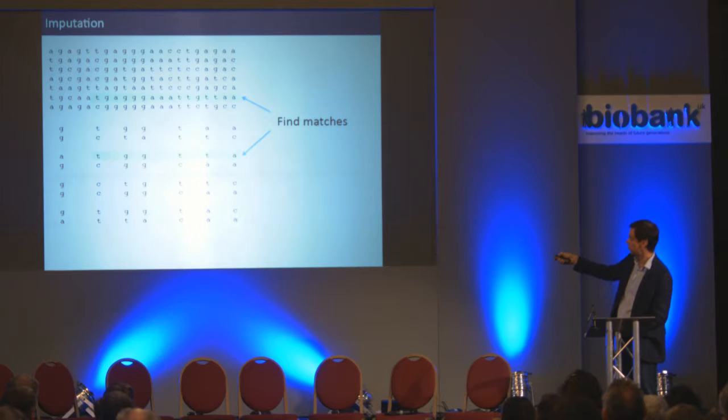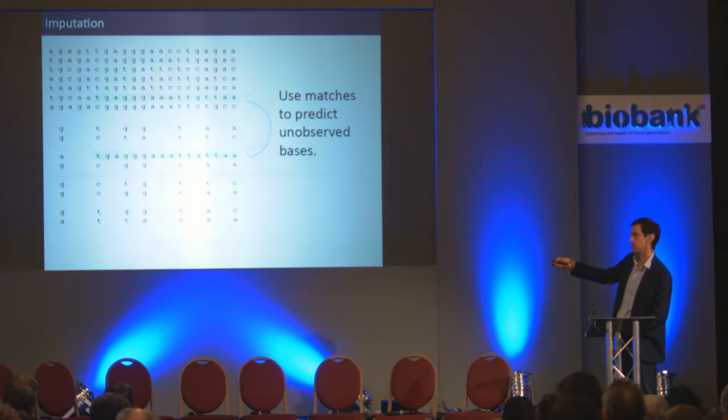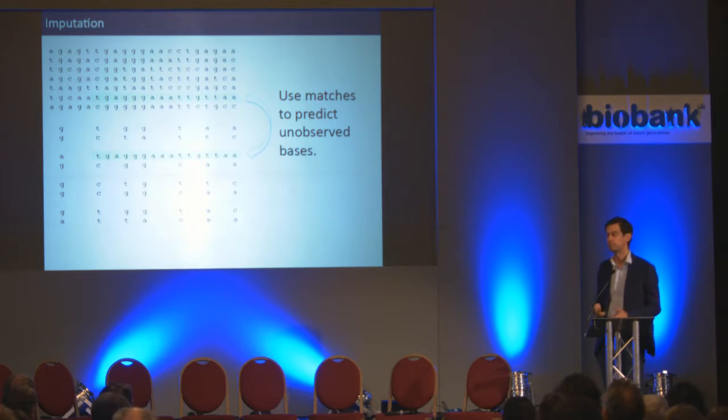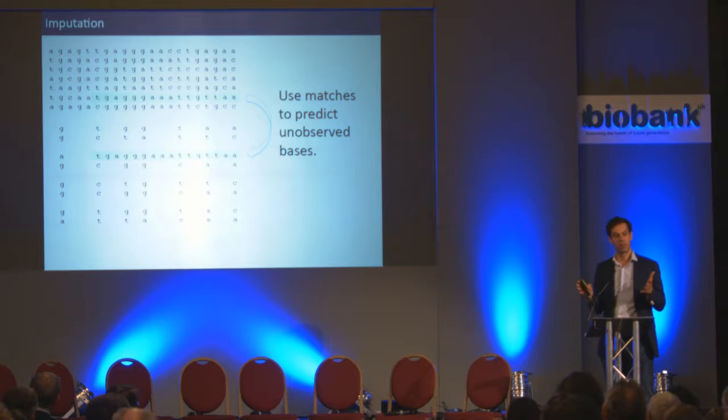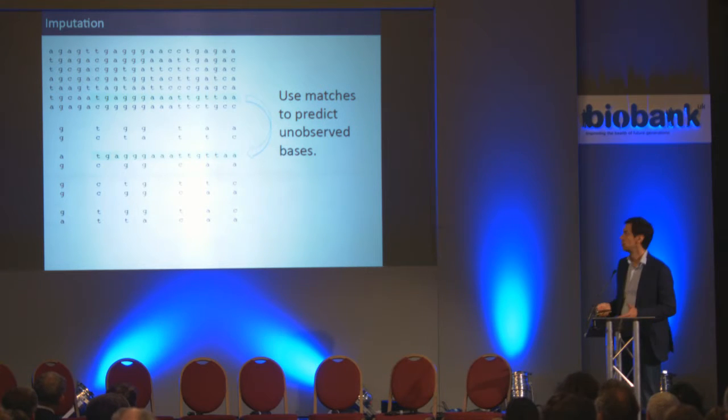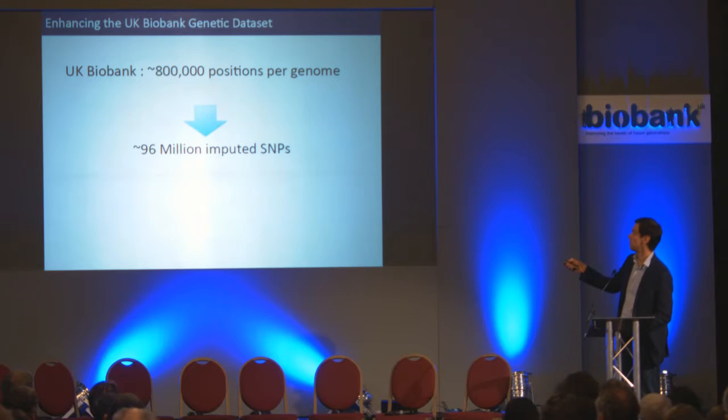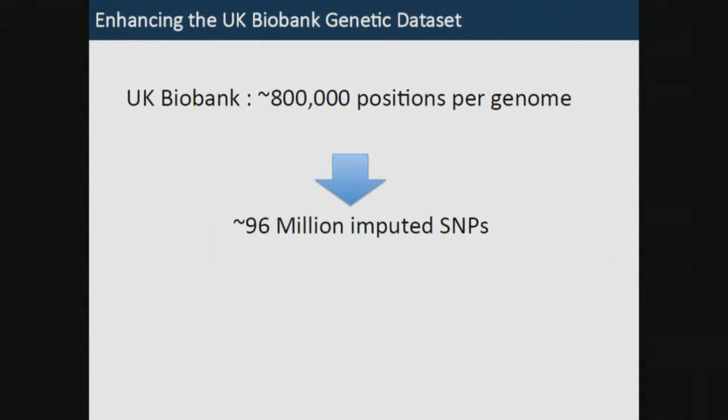So if I find this match between these 2 chromosomes, I can use this dense chromosome to copy down or predict the missing information. And so this is something that's relatively standard and routine in our field, and we understand how accurately it can be done. The accuracy is generally quite high, and it basically means that we can fill in lots of these gaps and massively enhance the genetic data set. So in total, we can go from 800,000 positions to around 96 million. So over 100-fold increase in the amount of genetic data,